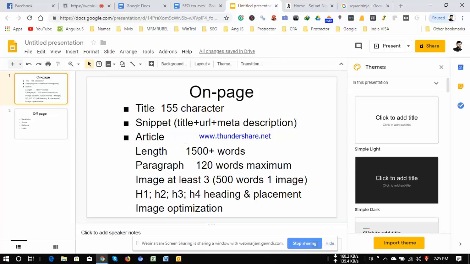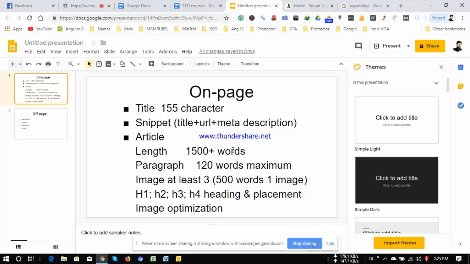And then comes the content or article, whatever you say. There is no limit on the article's maximum length. Once upon a time, up to 300 words worked fine, but nowadays articles with fewer than 1500 words are not very valuable to Google.